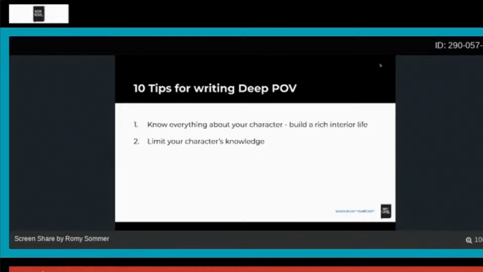However, one of the advantages of writing, for example, in only one character's point of view is that you can keep a whole lot of secrets, because all the reader has got to go on is the viewpoint character's view of the world. What the viewpoint character guesses about other people's motives. We don't actually know the other character's motives. We have to deduce from the reactions what is going on. So watch for how they introduce and identify other characters, what they do and don't have knowledge of.